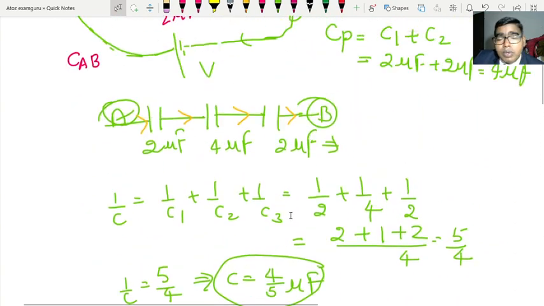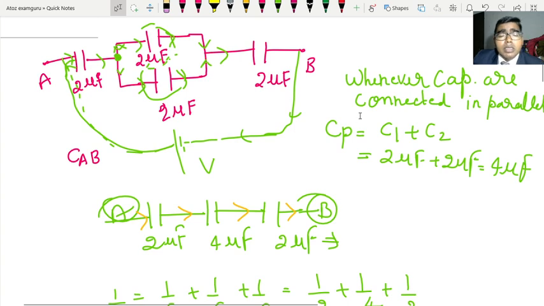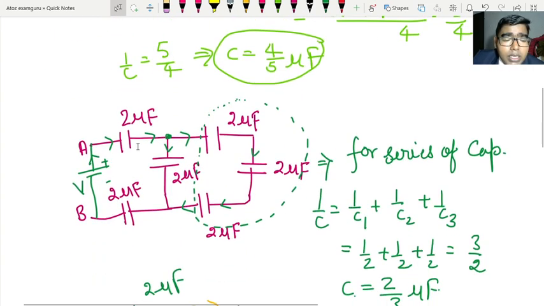And again we will see the question from the very beginning. Whenever a question comes to you and you have to solve it, first of all recognize which particular elements are connected in series and which are connected in parallel. Once you have recognized it very clearly, then try to solve. Keep in mind, don't be confused with the combination of resistors, because for resistors and capacitance the formulas for series and parallel are opposite.